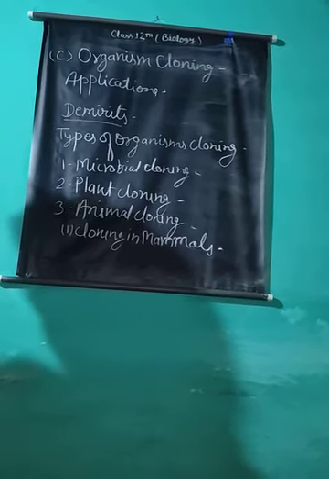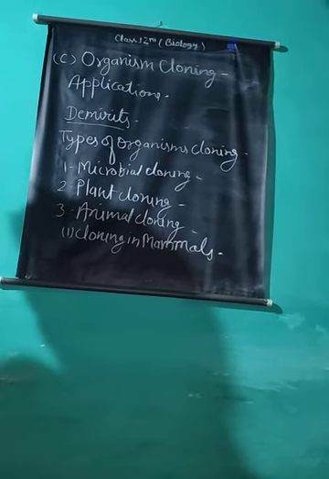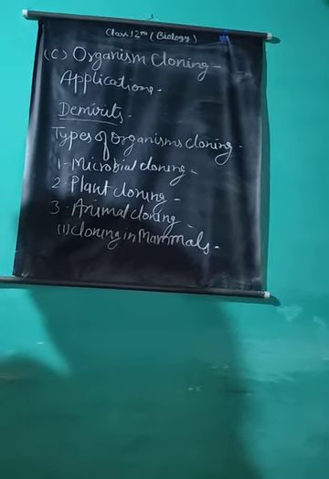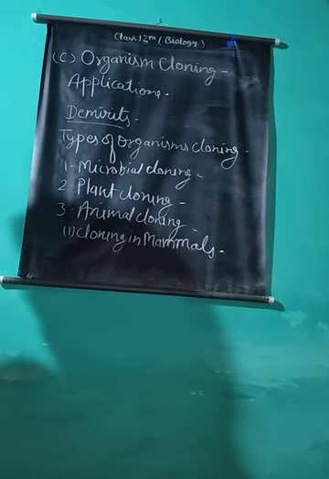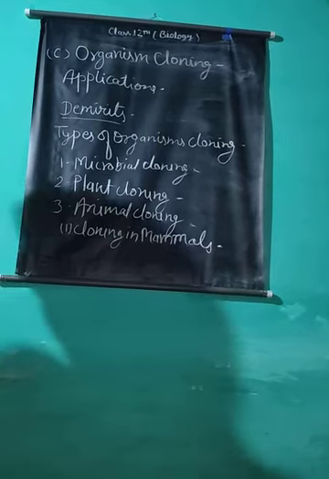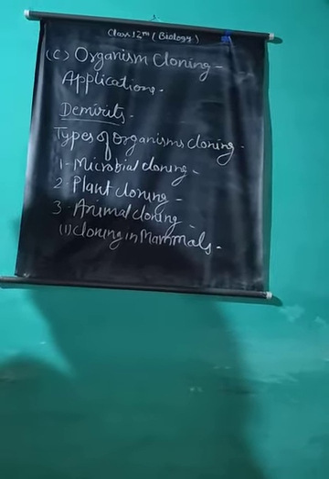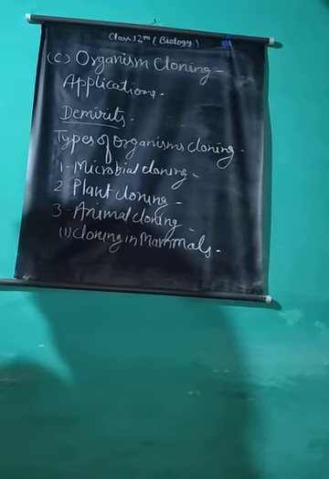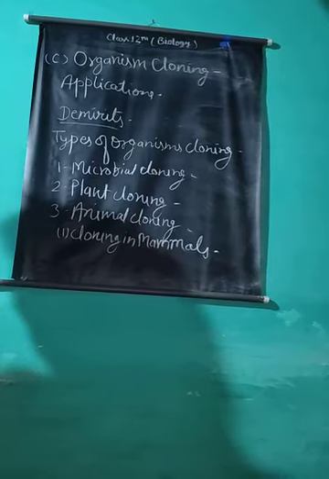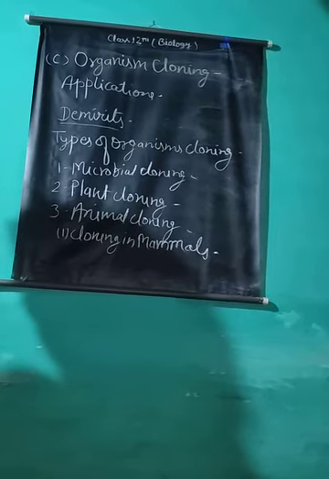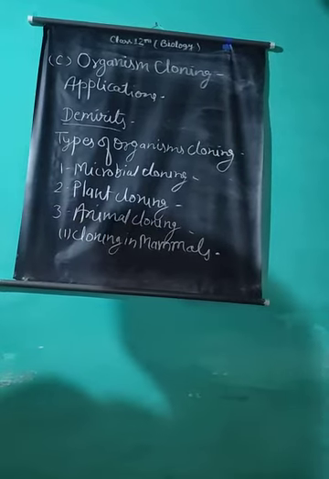For this, they isolated the nucleus of an egg and inserted a diploid nucleus isolated from a mammary gland into it. When this diploid egg is kept over culture medium, it starts primary cleavage and forms an embryo. This microembryo is then transplanted into the womb of another sheep, where it develops to produce a clone of sheep named Dolly.